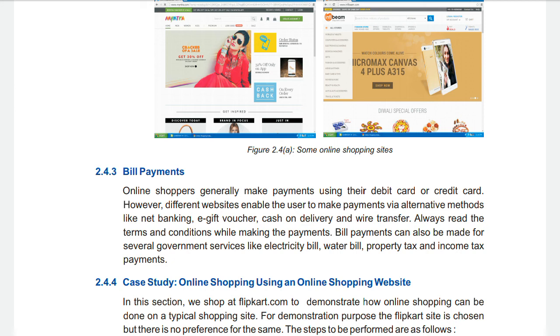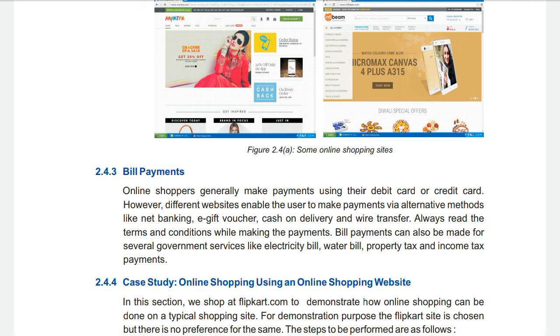So bill payments means how you will pay your bill. Bill can be any bill you can pay. So using internet banking, e-gift voucher, cash on delivery, these are also some options which the sites provide you, other than debit card or credit card.